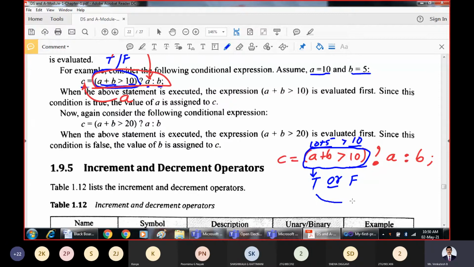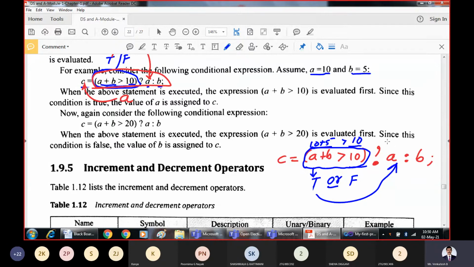Now what does the rule say? If it is true, we have to evaluate the expression immediately following the question mark. If it is false, we have to evaluate the other expression. Whichever expression you evaluate will be the result of the entire expression, and that will be assigned to variable C. In this case, the condition is true, so we evaluate this part.